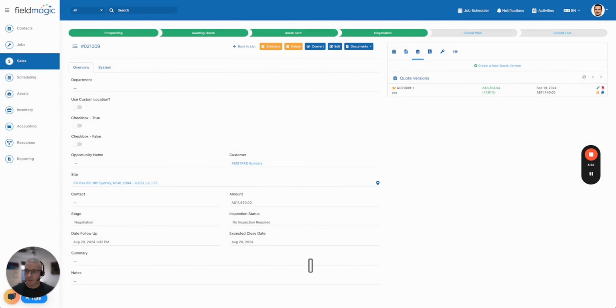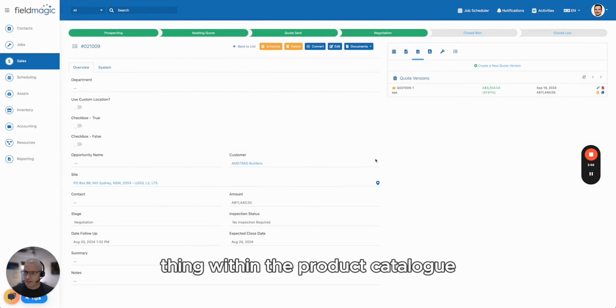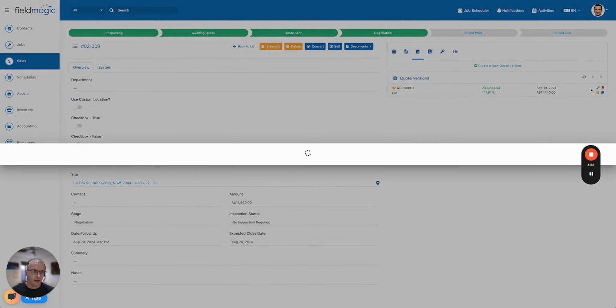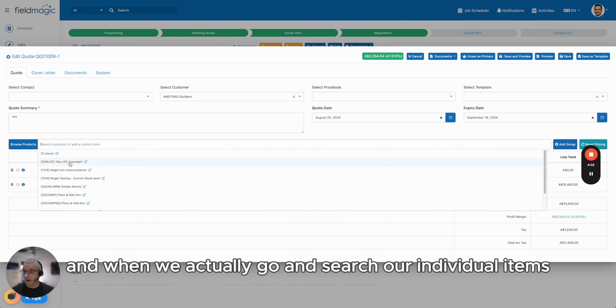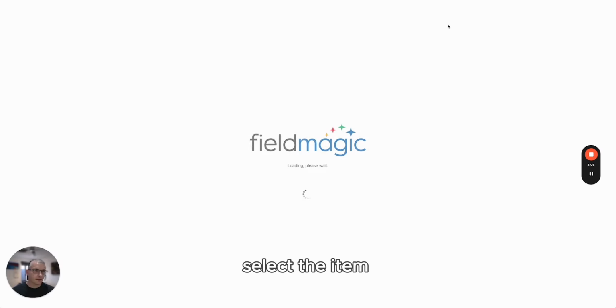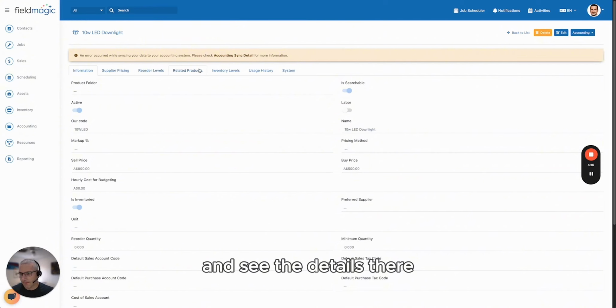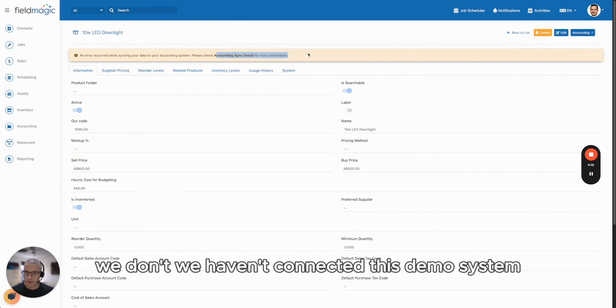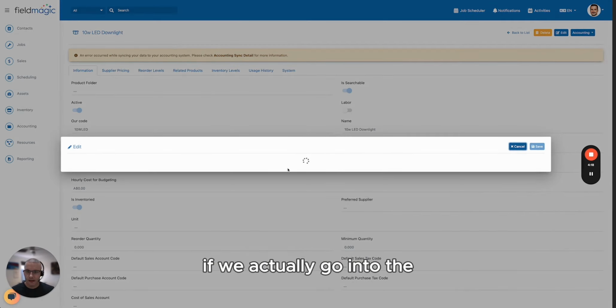I just want to highlight one other thing within the product catalog. When we go and search for our individual items, we can select the item and go straight to the item and see the details there. Don't worry about this. We haven't connected this demo system to an accounting system. But if we actually go into the